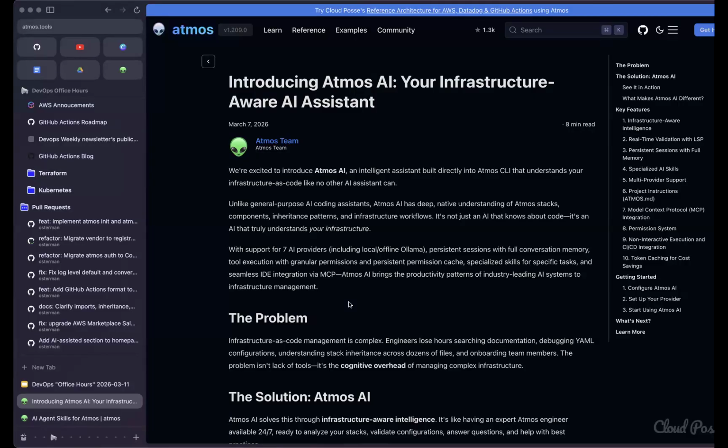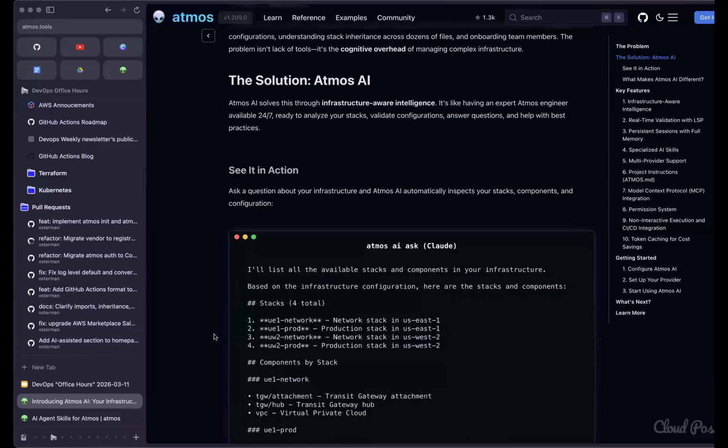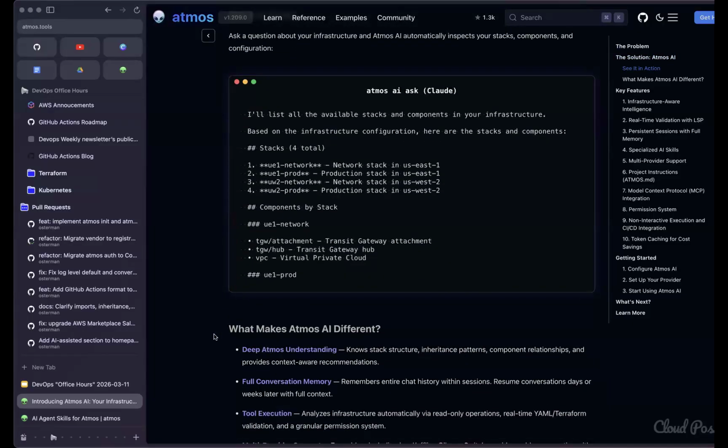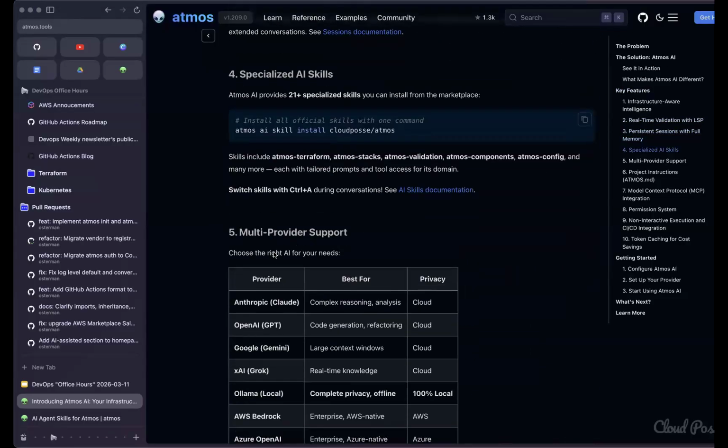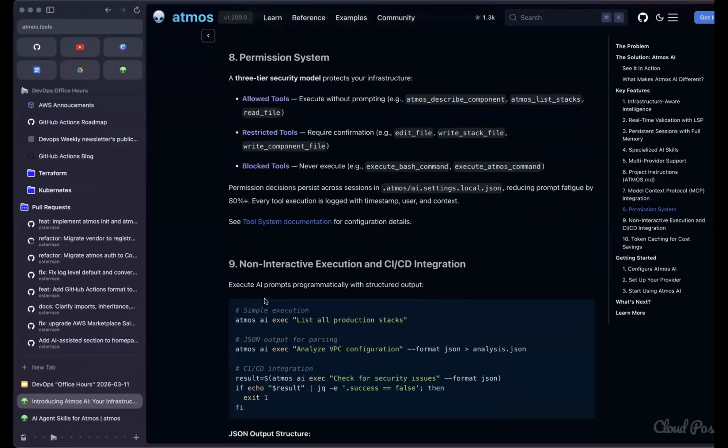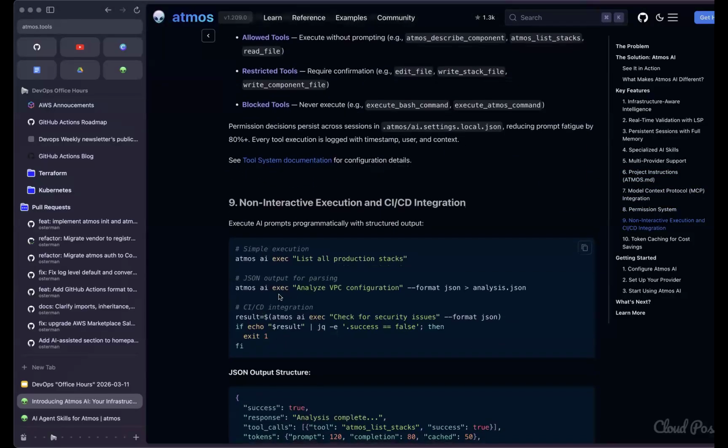And what makes this release special isn't that we added yet another conversational client inside of Atmos. We're not trying to say, hey, use this instead of Claude Code. Not at all. This was a release where we implemented the underlying plumbing inside of Atmos, so we can do a lot more interesting agentic things. The fact that we implemented some of the expected commands like chat, exec, and ask is basically to prove or validate that the underlying functionality is working.